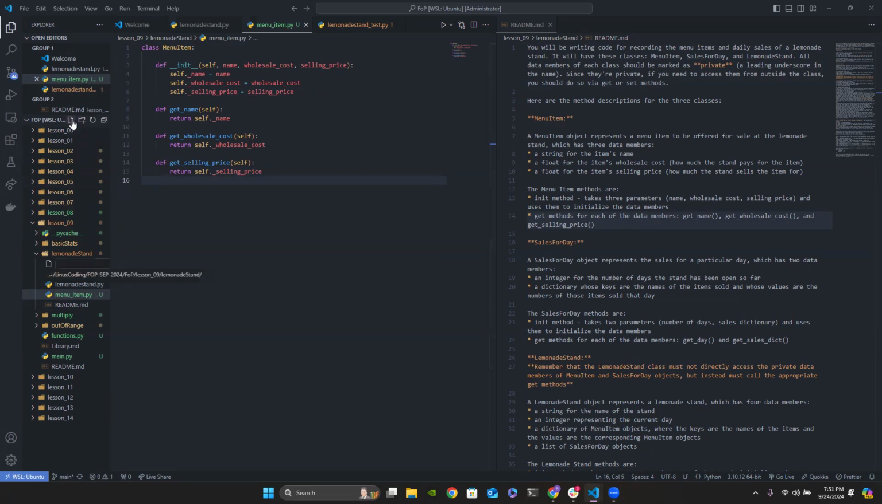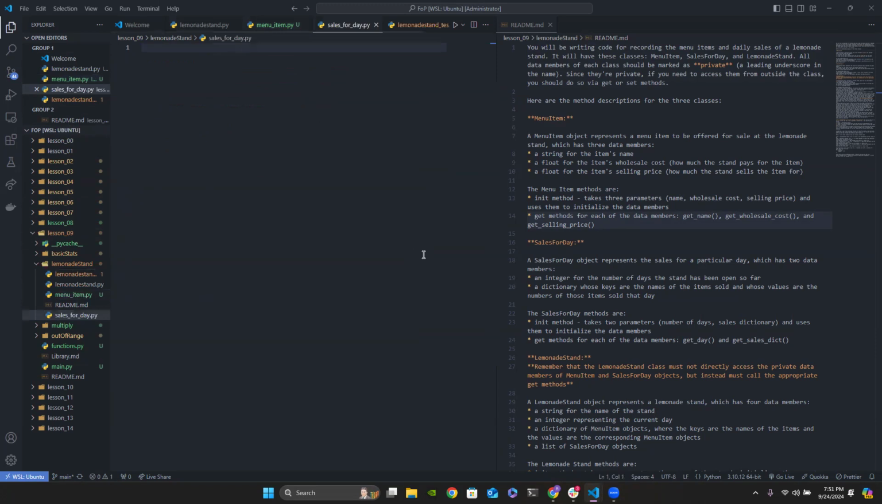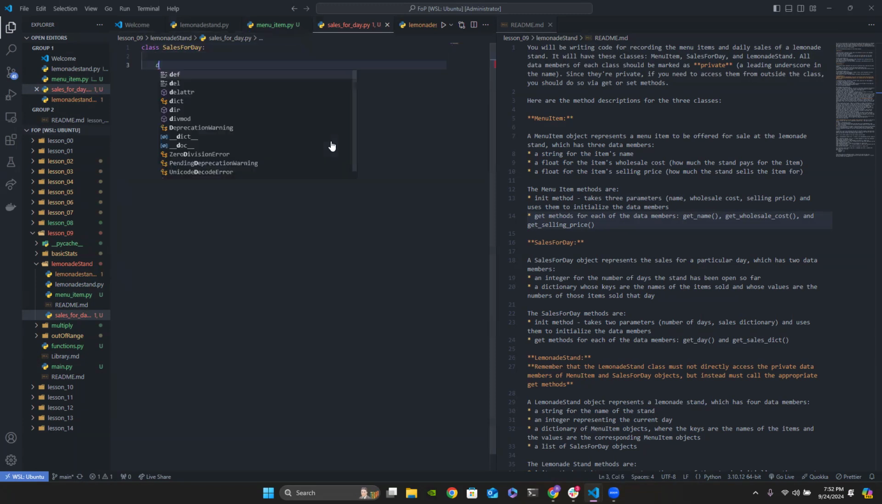So let's go ahead and create a new file, and this is gonna be our sales for day.py. This will be my sales for day class. It should take 2 parameters within the init method. So let's go ahead and define this. So class sales for day, and then define the init method. It takes in 2 parameters. So number of days, and then we're gonna do